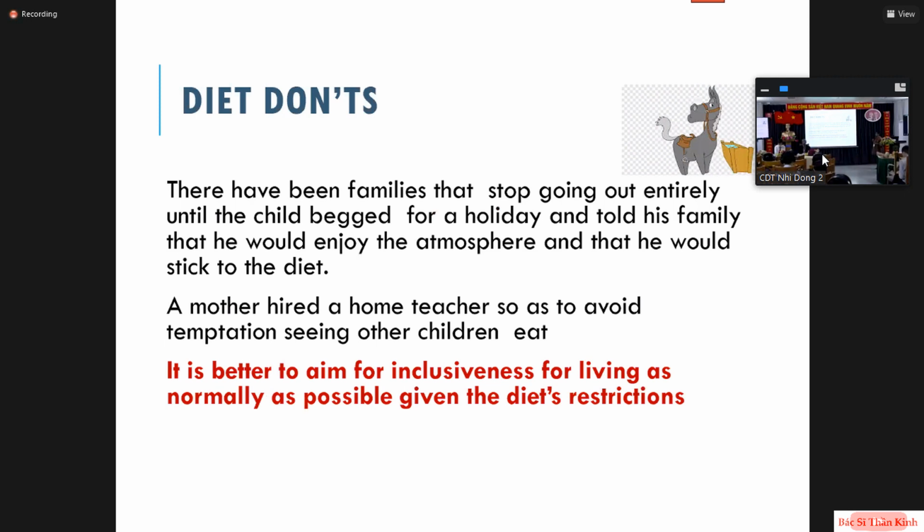And what are the certain don'ts that we have to follow to improve compliance? The foremost is, there have been families that stopped going out altogether. That is something we do not have to encourage, because we have to guide them as to how they should live like a normal family. There have been instances where a mother hired a home teacher just because she thought that if the child goes to school, he or she would cheat. So it's better to aim for inclusiveness, for living as normally as possible,